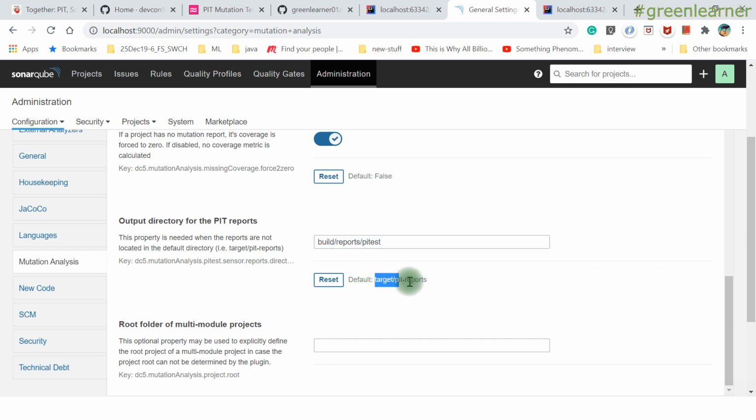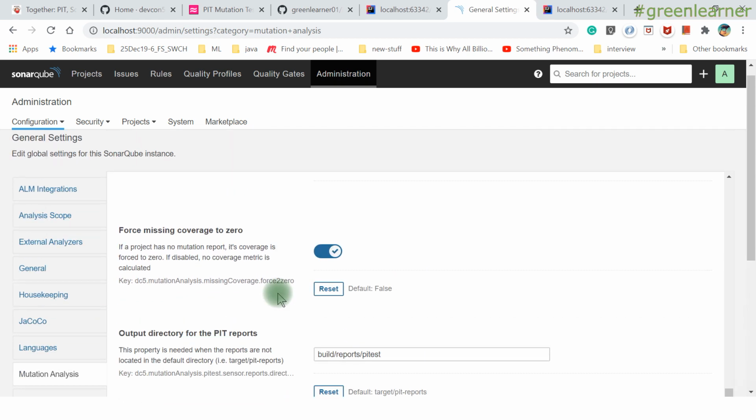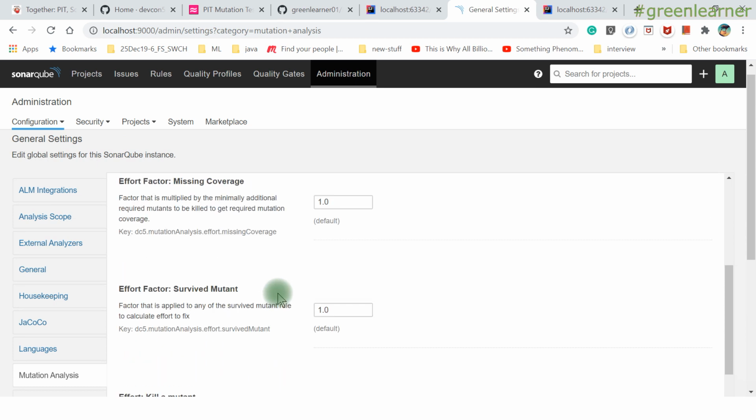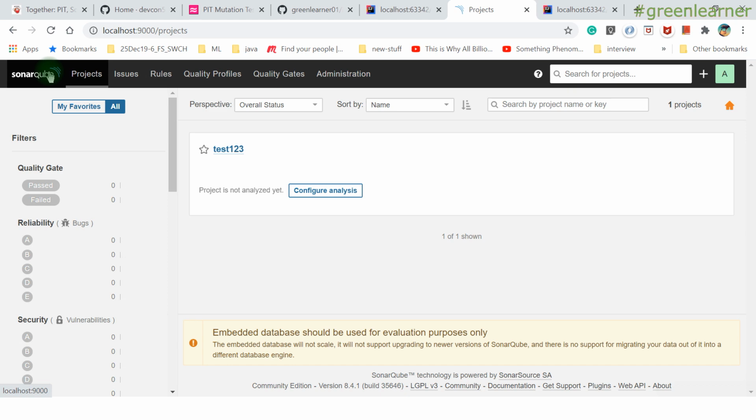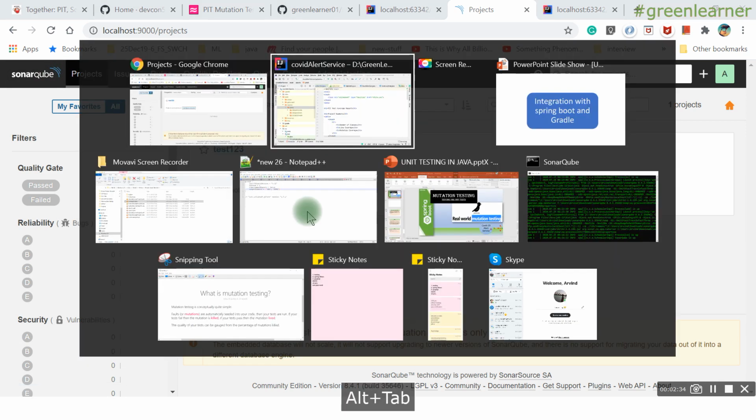By default it is target/pit-reports, which is the report location when you are using Maven as a build. So if you are using Maven, there is no need to change anything, but if you are using Gradle, this is the change that you need to make, right? So these are the things that I have done, and after that I'm ready to push the project into this Sonar portal, and things will work properly.